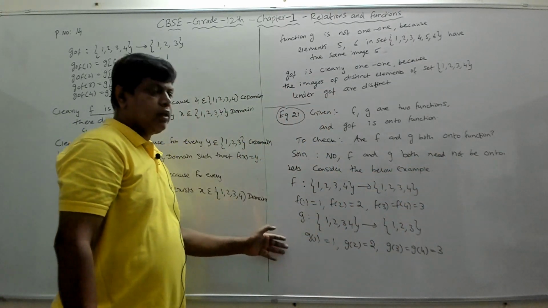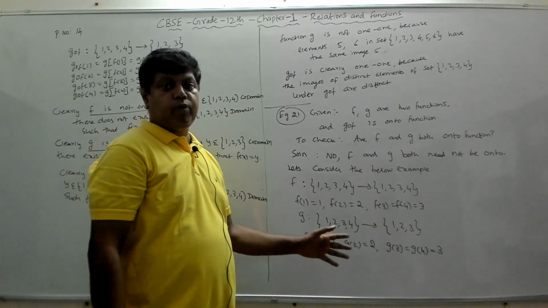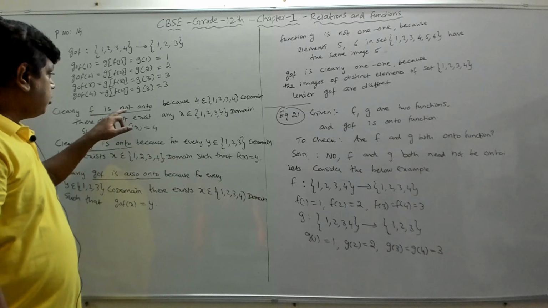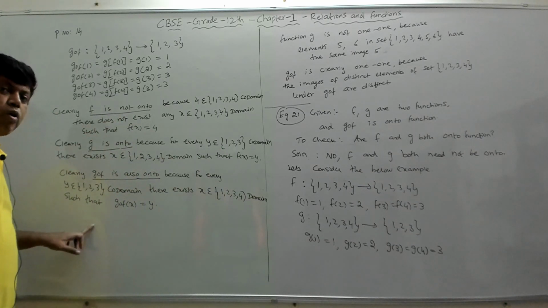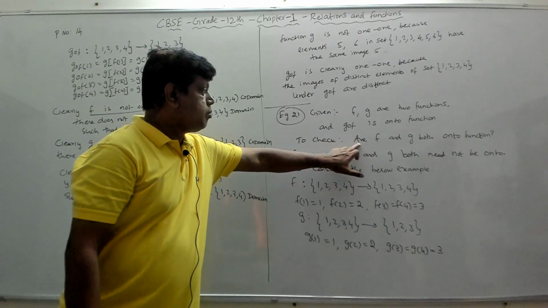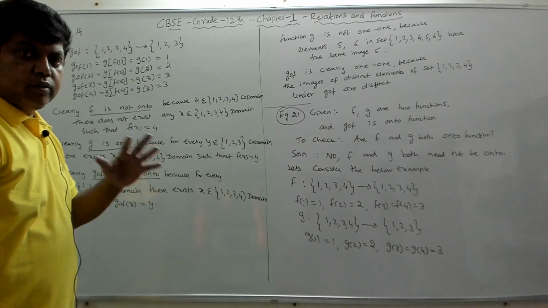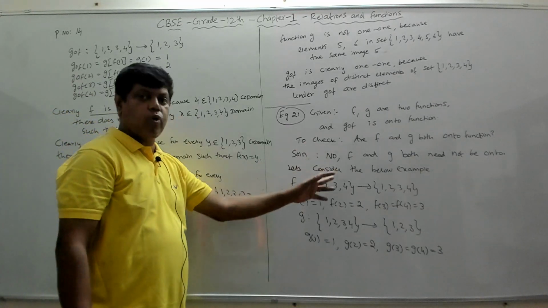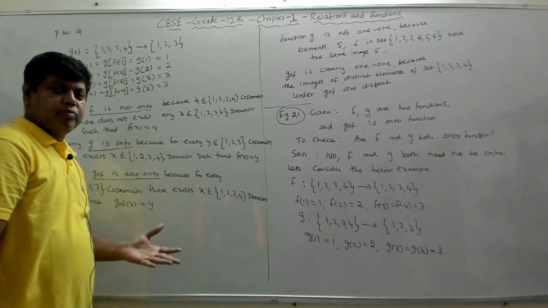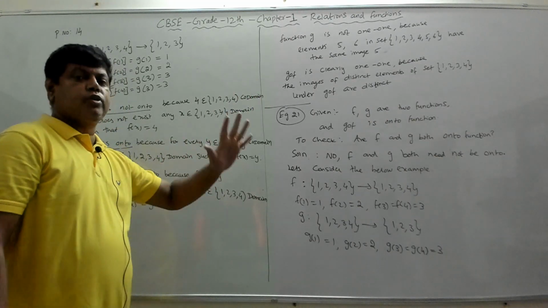Let's consider the below example. This example is supporting this statement wherein we have defined f and g in such a way that f is not onto, but g is onto, and g of f is also onto. Right? So that's how we have said that this statement, f and g both onto, is not true. Why are we saying no? When you say no, you just need to give one example and say, for this particular example it's failing. So it is not true.